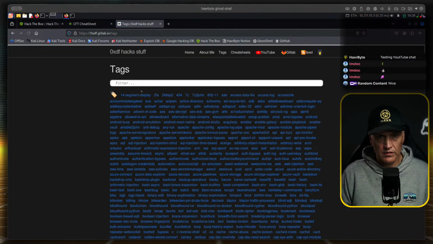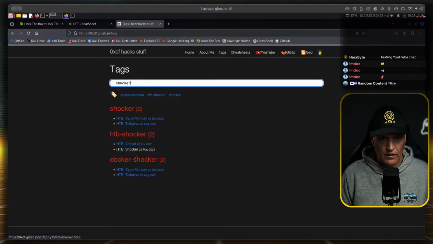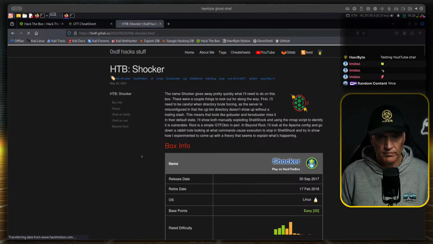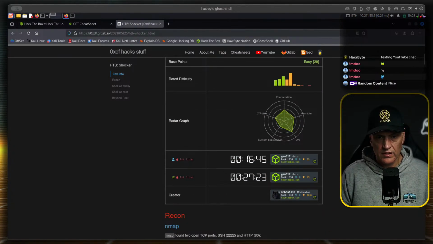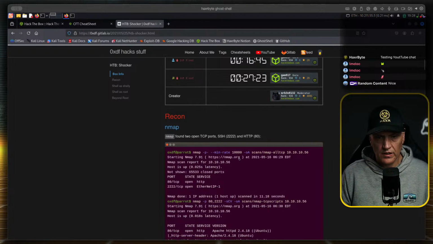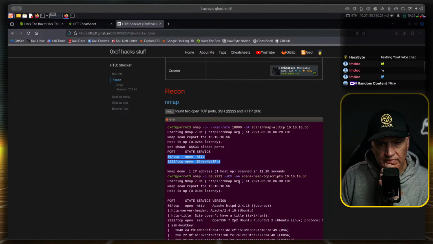Let's look for shocker. Box shocker, it must be this one. Linux Easy Machine 3017, yes. Let's see, Nmap. It's definitely got those ports open. Did they scan it in a certain way? I can give this a try.